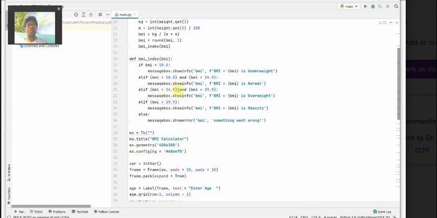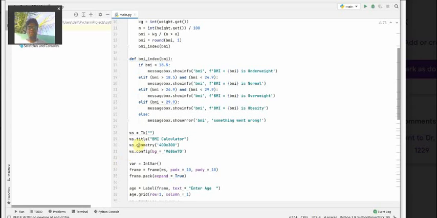Else if it is between 24.9 and 29.9, it shows overweight. And at last, else if it is greater than 29.9, it shows obesity. Or else it shows an error, when the value is more than that or less than that.